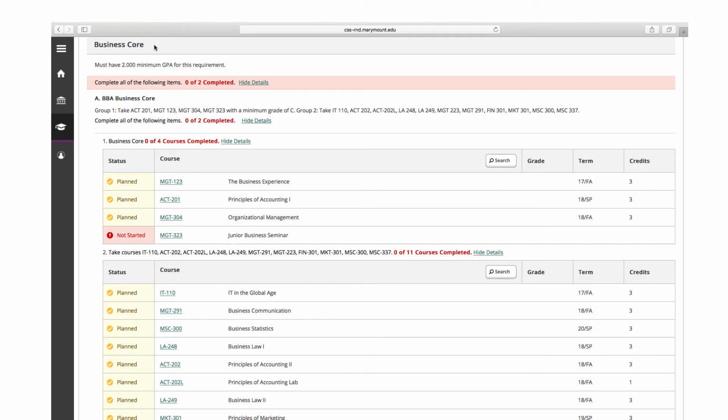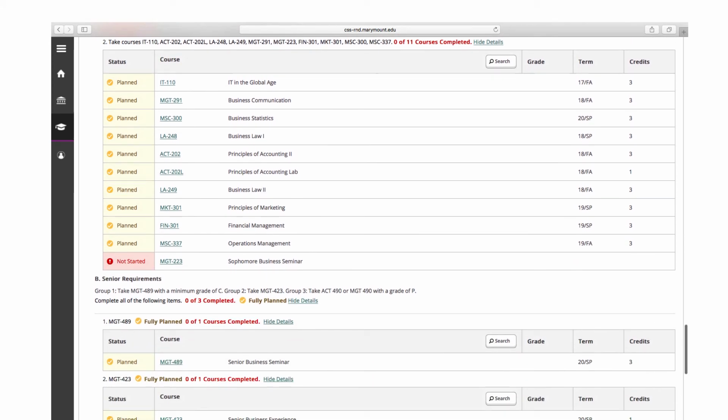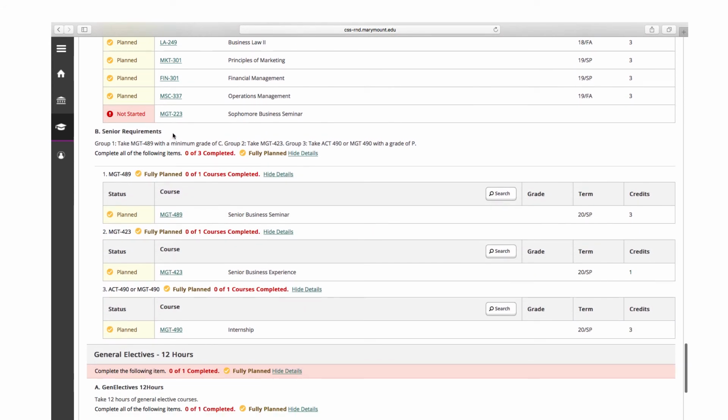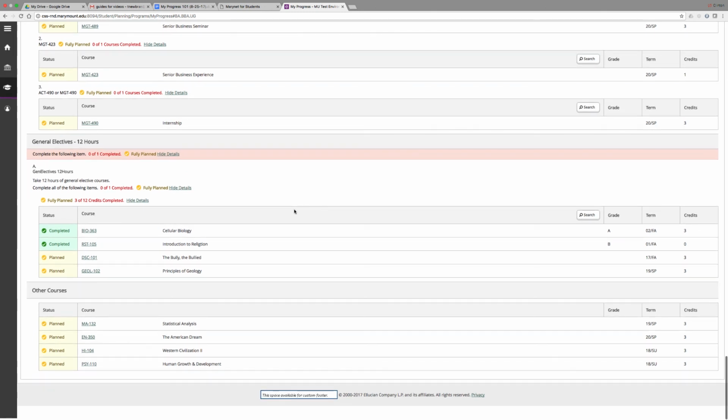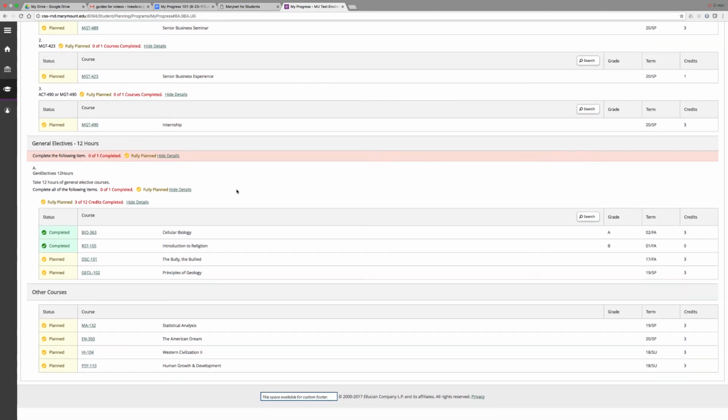Now we will look at the major. In the business major, a student must complete all sub-requirements, and in each sub-requirement they must complete each group to complete this requirement. If you have a minor or specialization, these will show at the end of your program. If your program requires general electives to meet the 120 credits required for graduation, these will likewise show at the